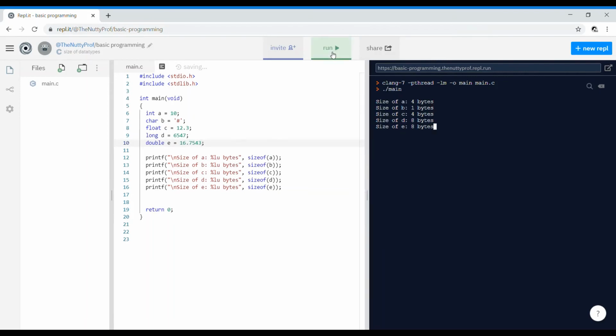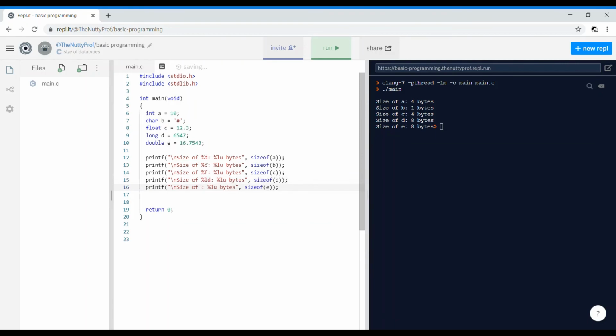If you run the program it will still print. You can go ahead and put here %d. You can put for character %c, for float you can put %f, for long you can put %ld,